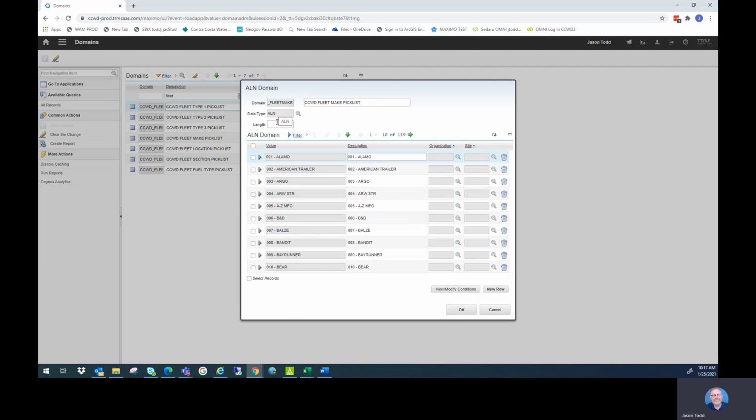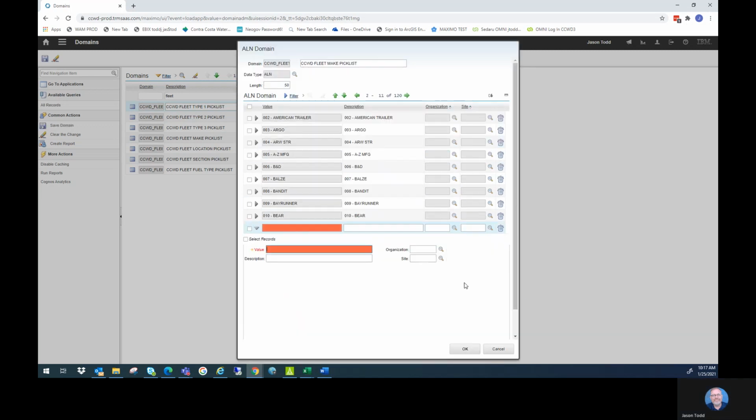It's an alphanumeric domain. The default length is 50. You can shorten this up if you want to. I just typically leave it at 50. And then to add the rows here, you just hit new row. The new row will come up. And in this case, if we wanted to add entry 120, and